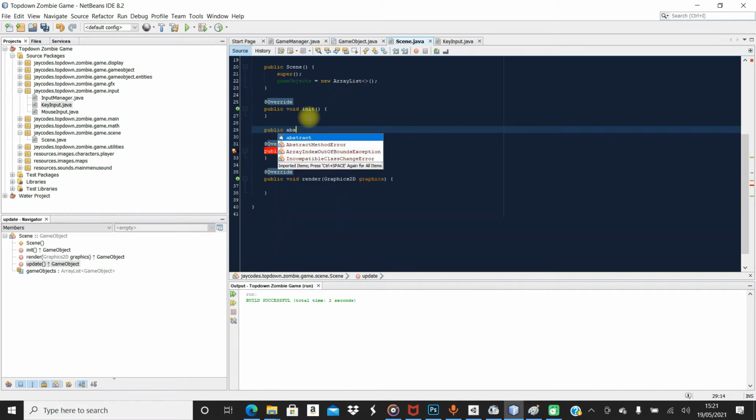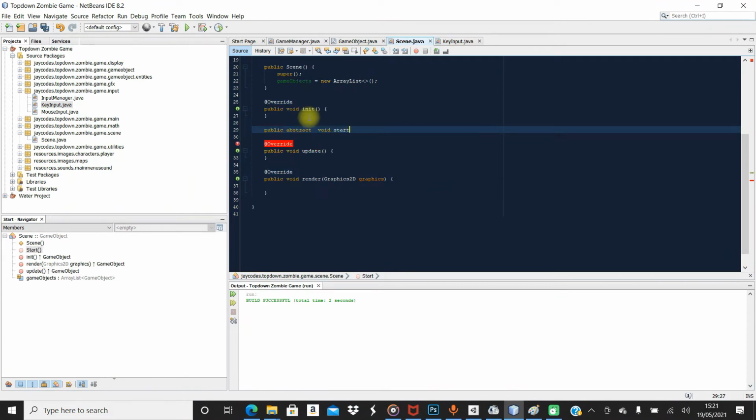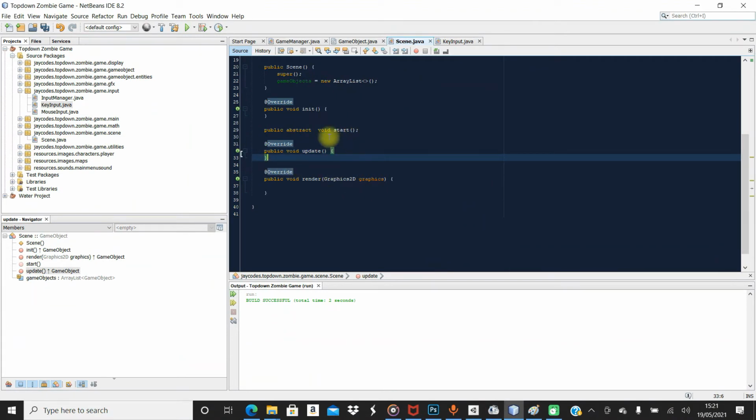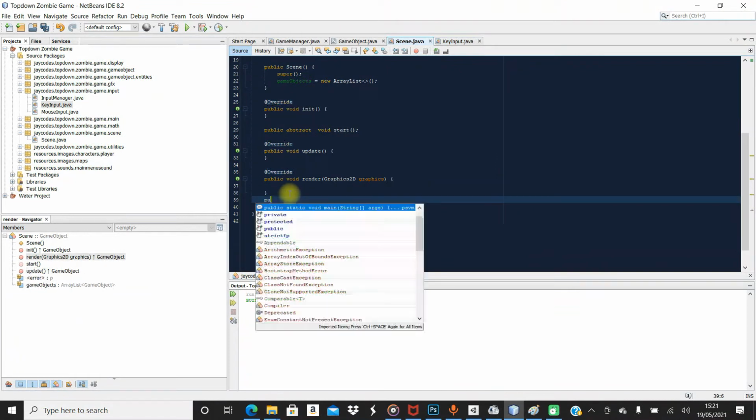Let me just write down the code and I'll explain everything later. And inside the update, and I think this is about it, public